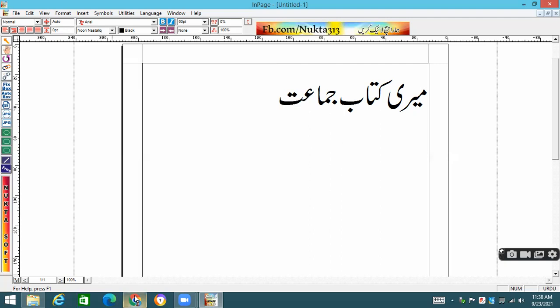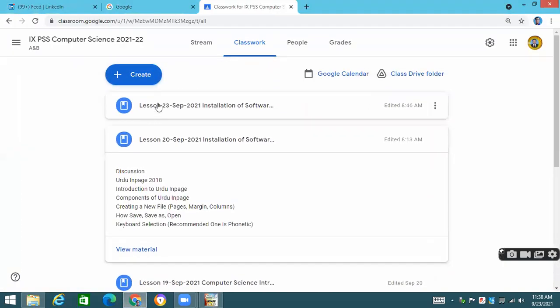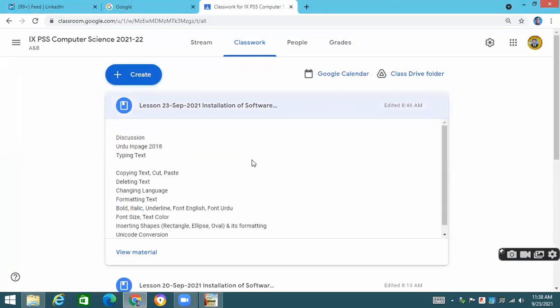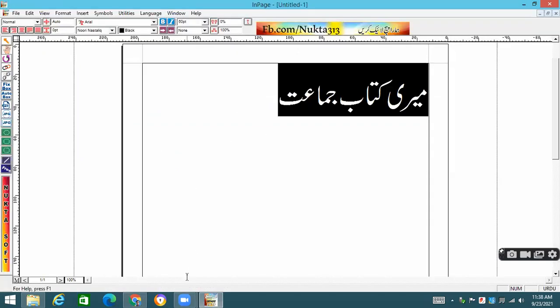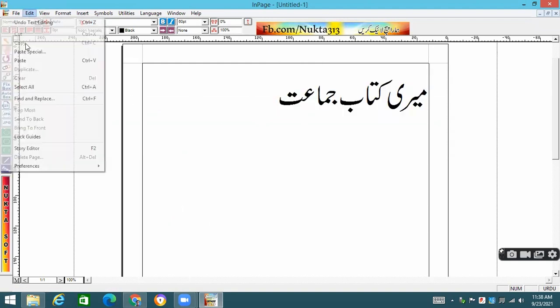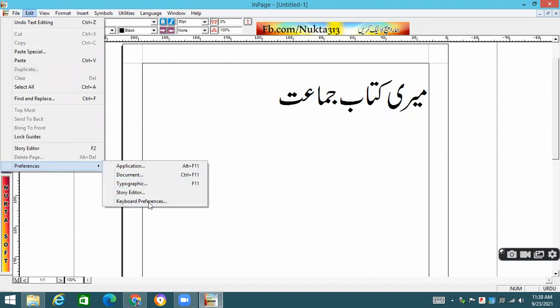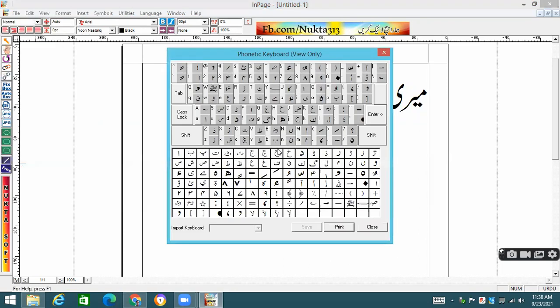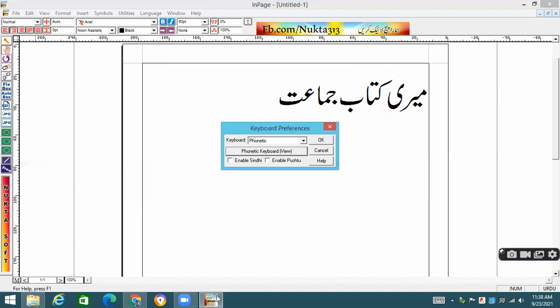Anyway, now what we have to cover. See, on 23rd of September, what we are going to cover: text typing. I have explained text typing. It needs practice. I have shown you how you are going to type, but of course you will have to memorize all these keys. Otherwise it will be quite difficult in your exam; you will not be able to complete the given paragraph within the due time.